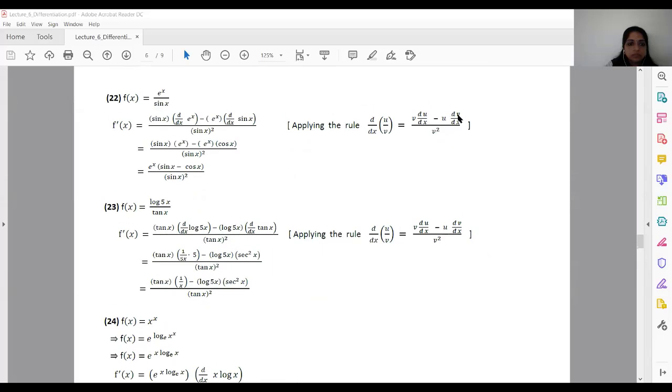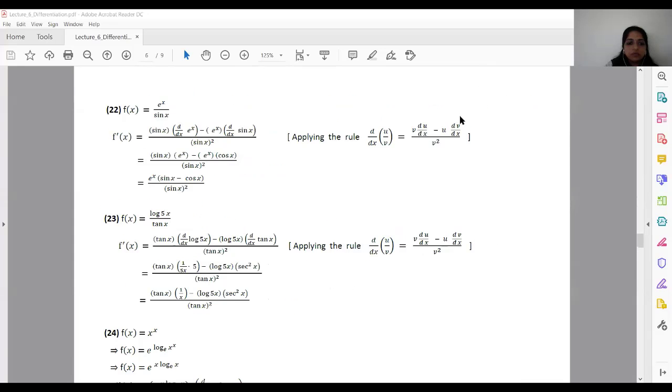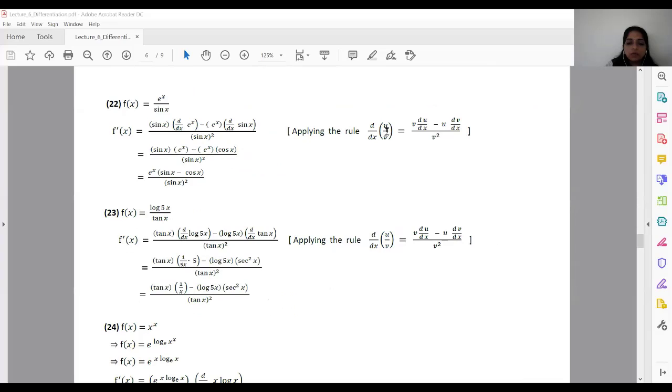Students, now we are moving to the example with the help of the division rule. Here, this is the division rule. In this case, e raised to x is our u and sin x is our v. See, u by v rule, that is the division rule, and for applying the u by v rule, first we have to do the square in the denominator, then put denominator v, keep it itself, and then